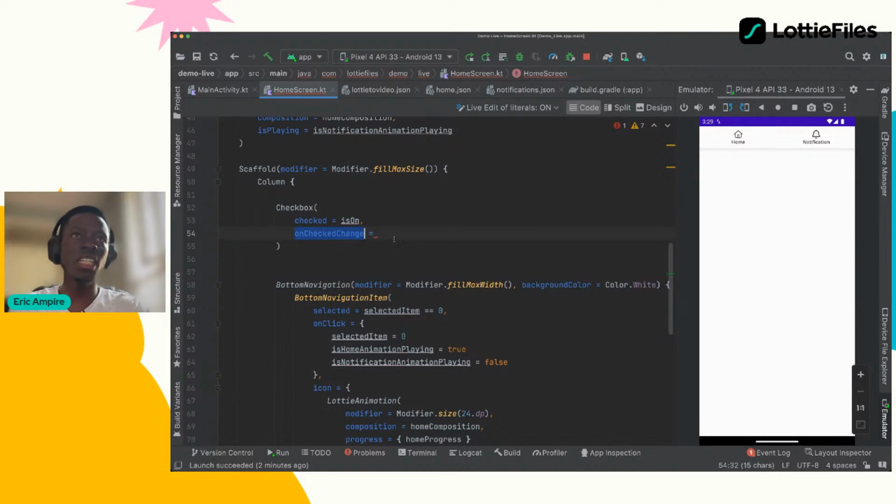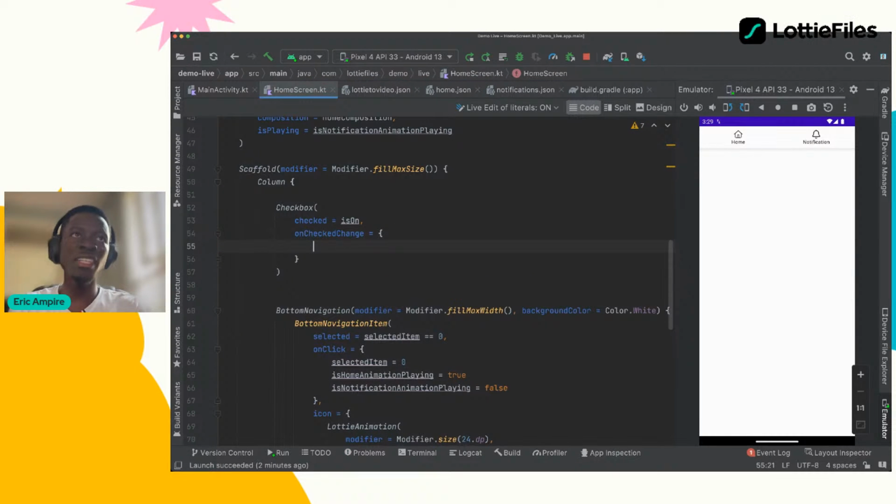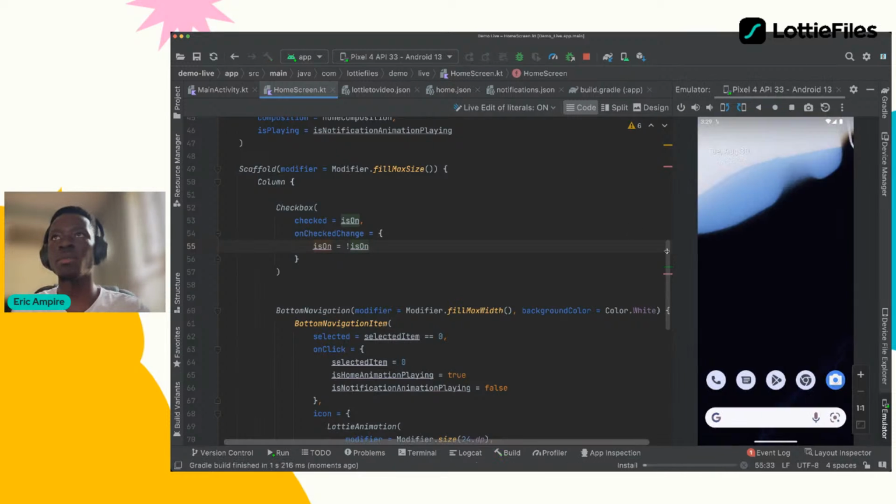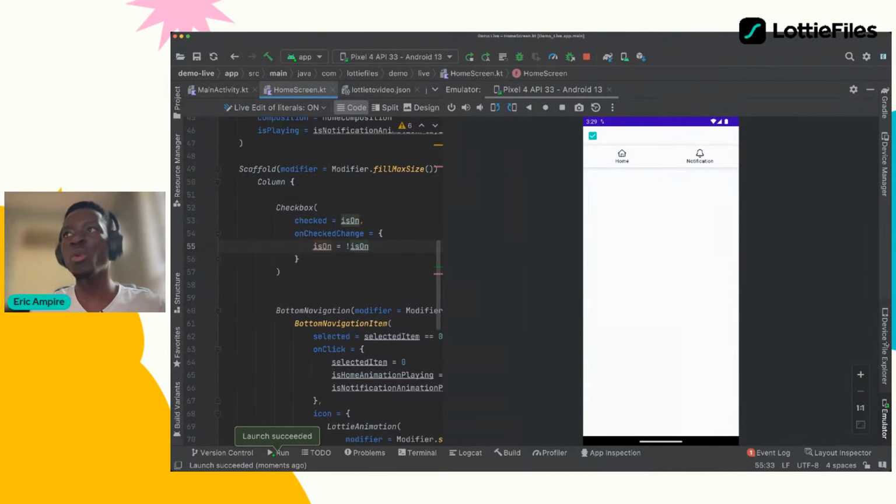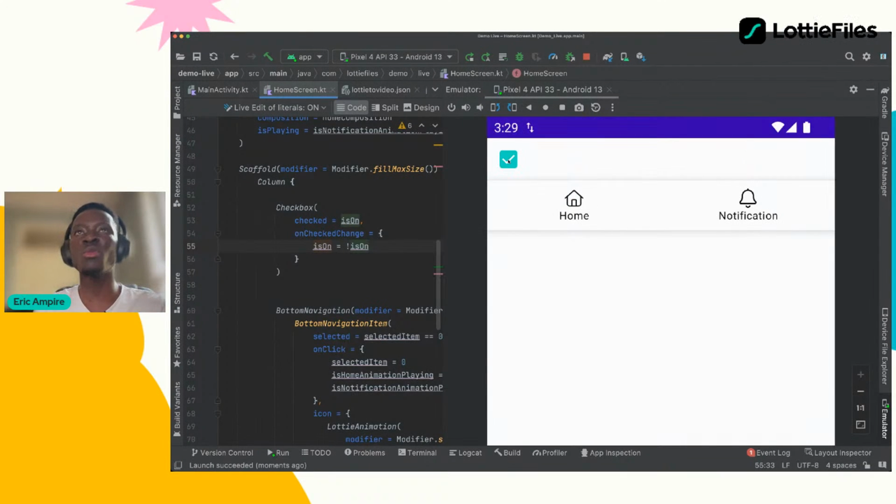And I have the on change callback. So every time the user clicks on the checkbox, I have to update the state of the checkbox. For example, if the checkbox was true, I have just to reverse that state. So let me just run the application again to see what's going to happen. And here we have just our simple and regular checkbox. Every time I click, the state of the checkbox is changed, but it's not much more interesting